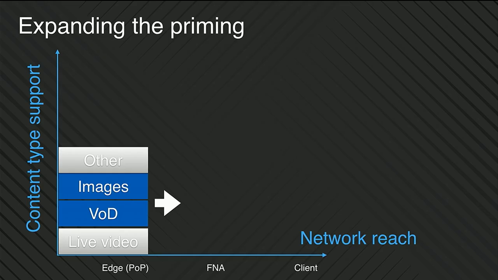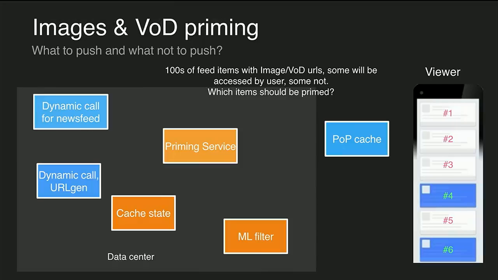So we can do the same thing to push these images and video into caches deep in a service provider's network, as well as even directly to the client themselves using ideas like HTTP2 push. These are all things that we're exploring as well. Now let's take a little deeper look into what it takes to apply the same thing to images and video